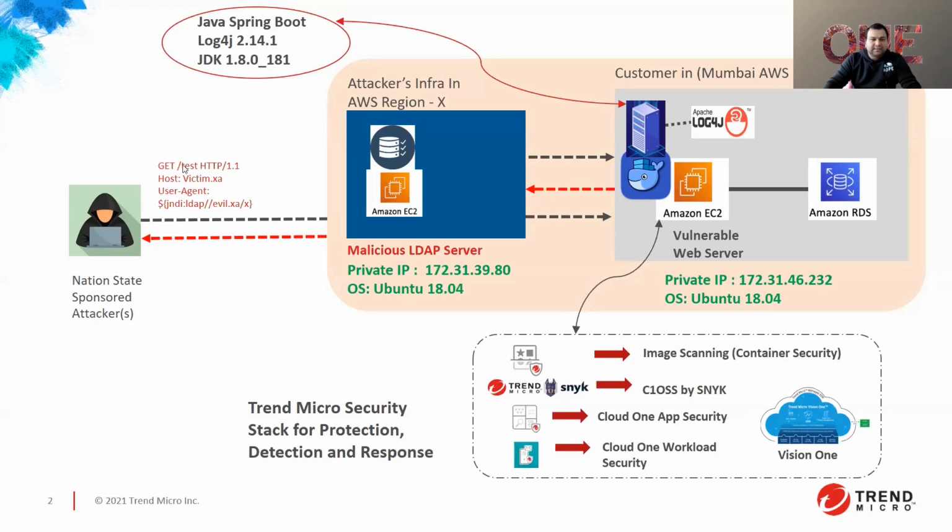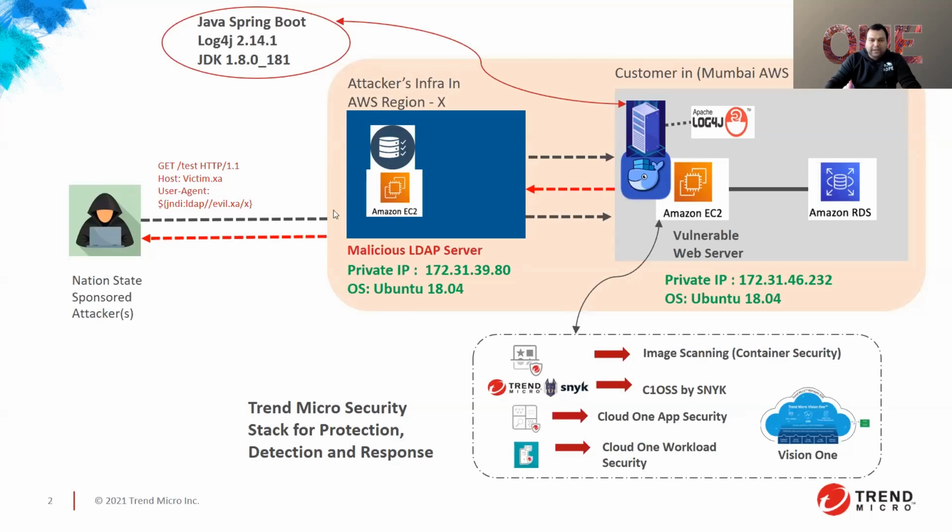Any attacker would send a well-crafted request to the web server, which is vulnerable, and they will inject a payload which looks something like this within the curly braces, which has the IP address of the malicious LDAP server, which is the control command center. Once that is done, this particular server, which has the log4j library or package, is going to log that. The funny part about this is that by nature, it's going to execute that particular parameter and then reach out to the LDAP server for further instructions. This is where the LDAP server responds with a Java class file and it downloads that file, and that's when we have remote code execution achieved.